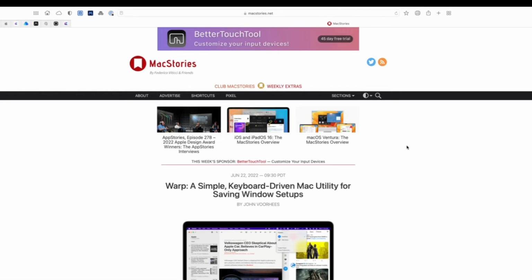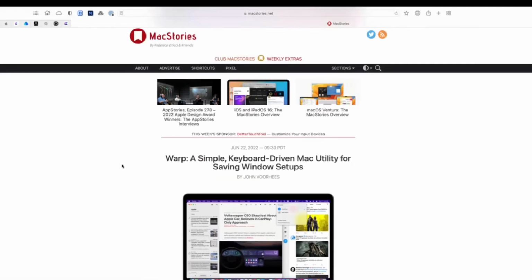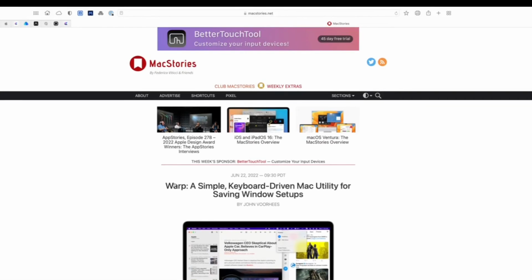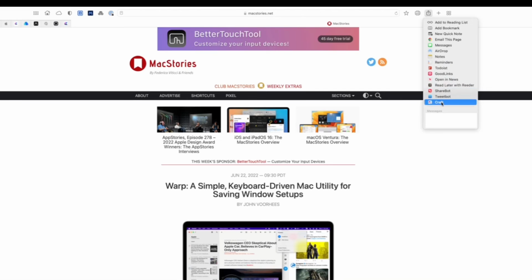Another way that I can add to my daily note in Craft while on the Mac is through the share sheet, similar to on Safari in iOS. So I'm going to come up here. Let's say I want to again share this MacStories link to my daily note. I come up here to share, and I'm going to choose Craft,